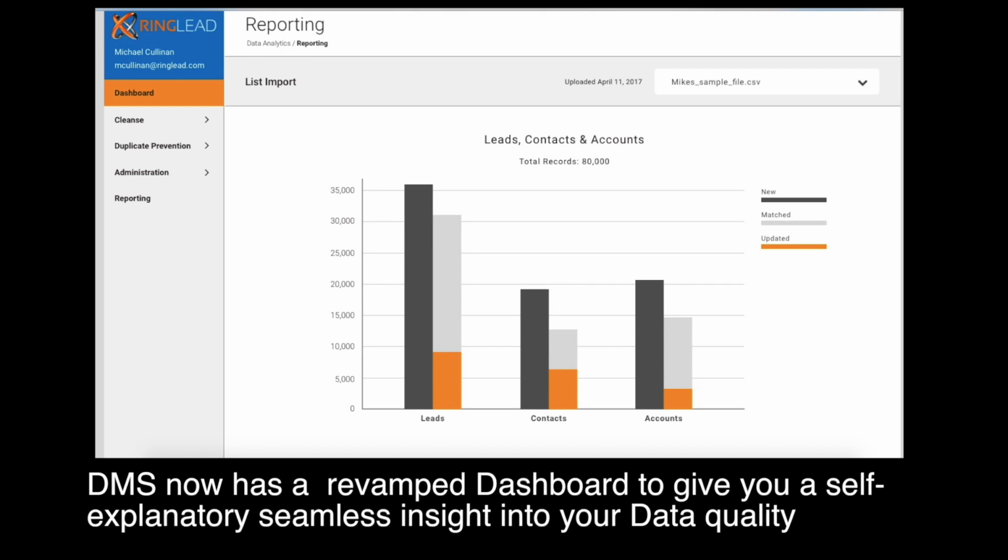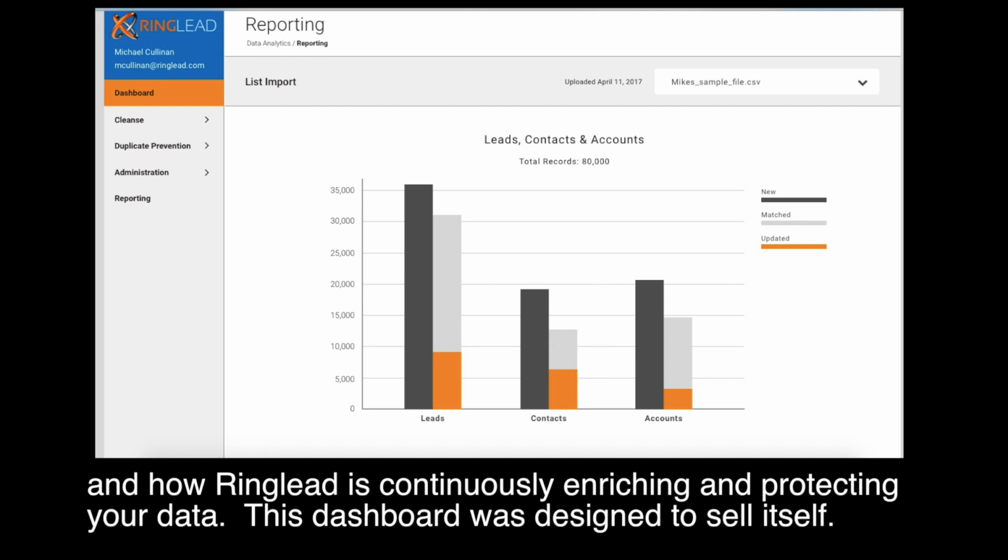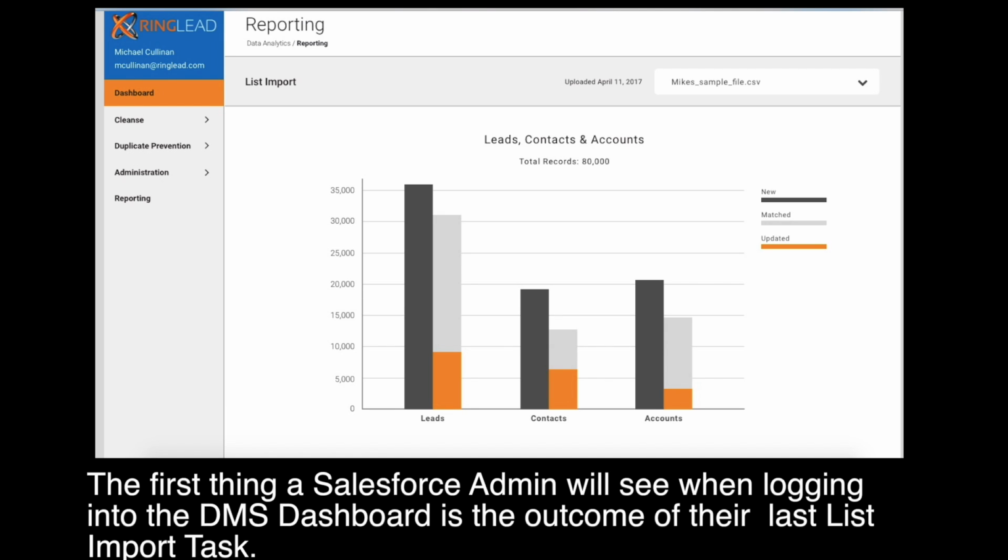DMS now has a revamped dashboard to give you a self-explanatory, seamless insight into your data quality and how Ringlead is continuously enriching and protecting your data. This dashboard was designed to sell itself. The first thing a Salesforce admin will see when logging into the DMS dashboard is the outcome of their last